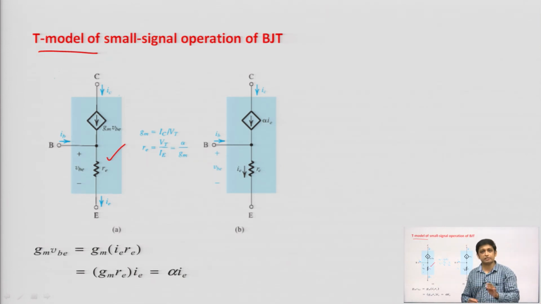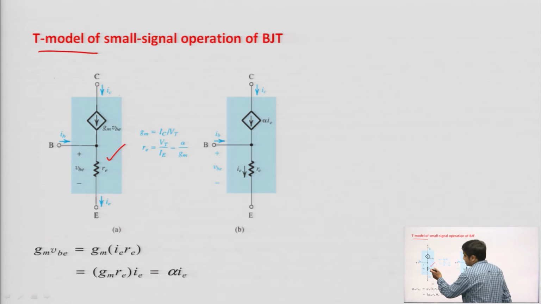If the resistance is connected at the emitter terminal, then it is convenient to draw the T model. Although we can draw the hybrid pi model, it will be easier if we draw the T model. So, we need to understand both the hybrid pi and T models, and we will explore these two models in the common emitter, common base, and common collector amplifiers.